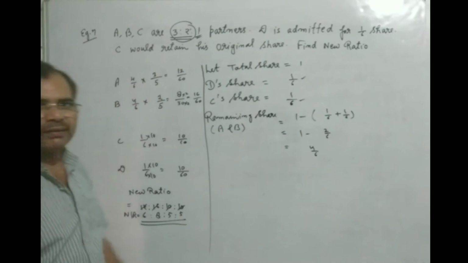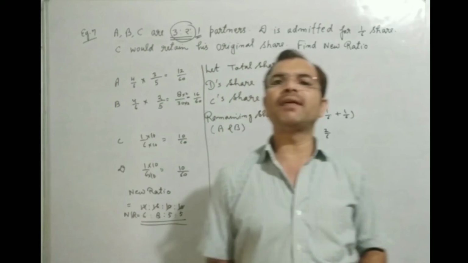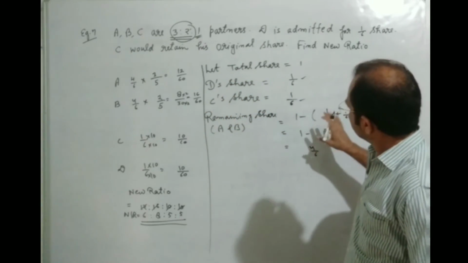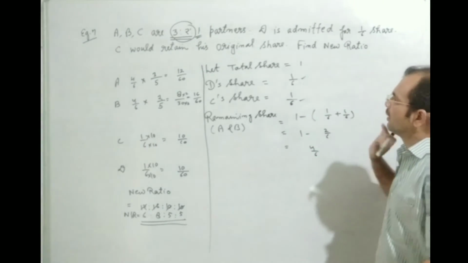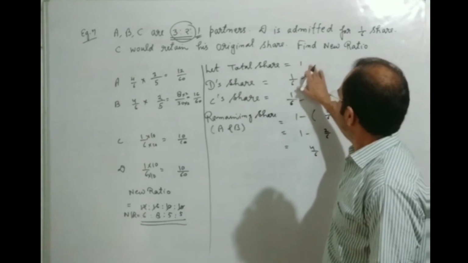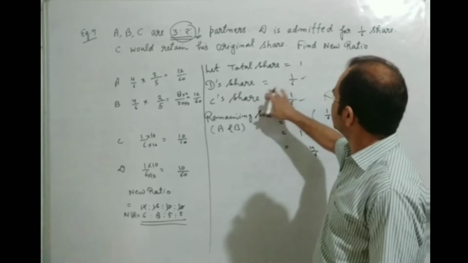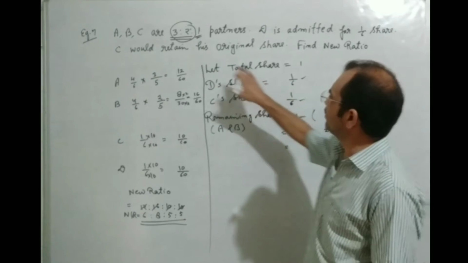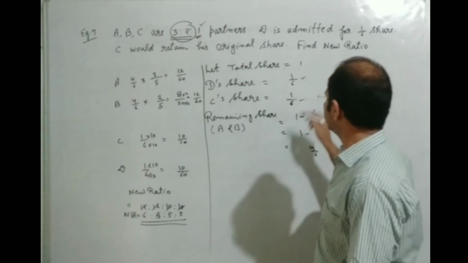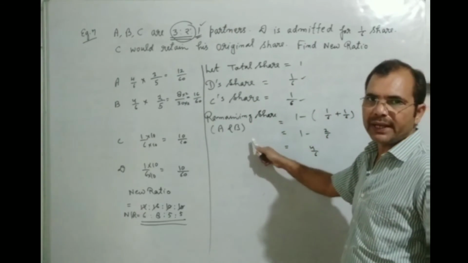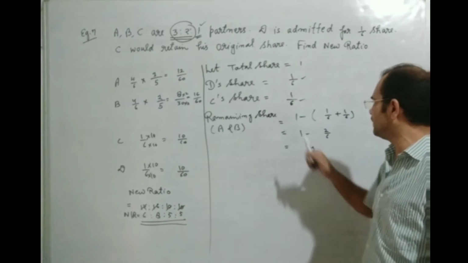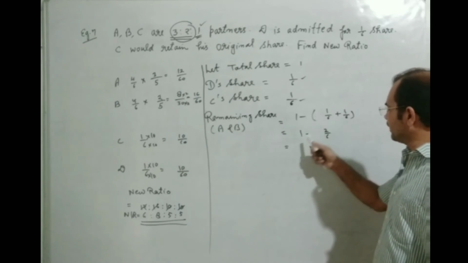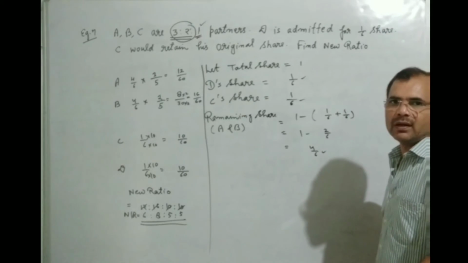Students, I think you have understood both the questions very well. Now we can understand this question again. Let the total share of the firm be 1. D's share is given in your question. C's share will remain the same as given in the question, 1 upon 6. And after doing this, we will find out A's share and B's share. We add both the parts and deduct the sum from 1. In this way we will find 4 upon 6.